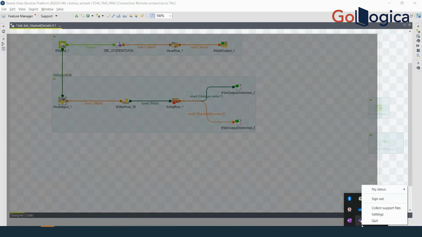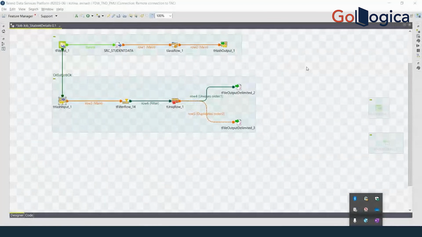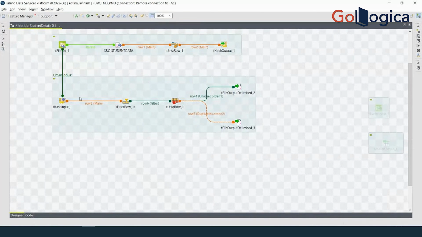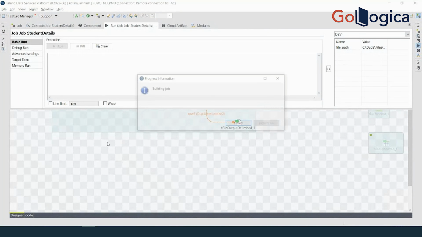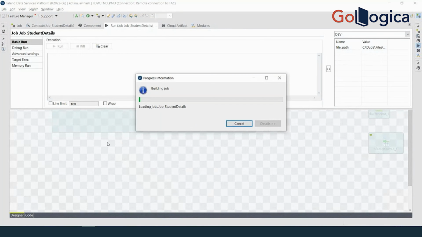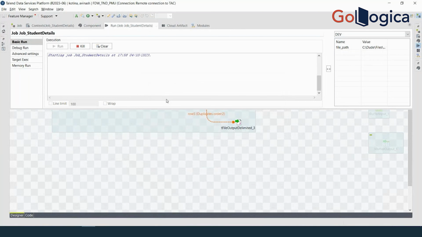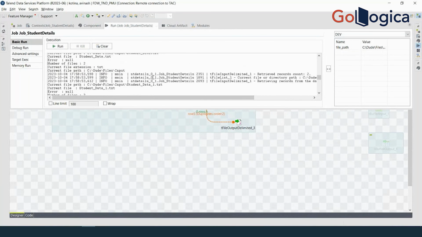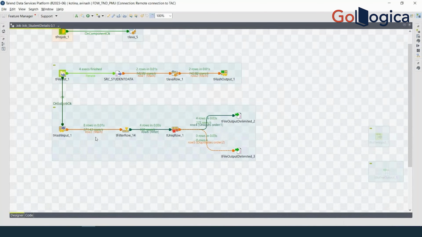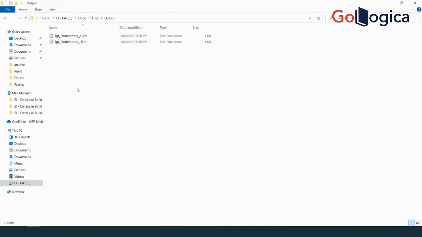Yes. So now I will try to run the job. See, my job got completed and two files got